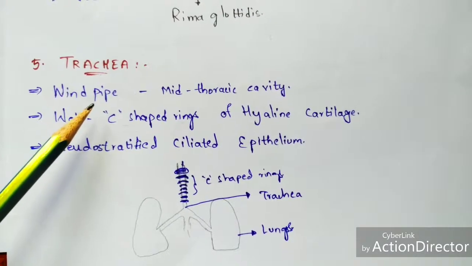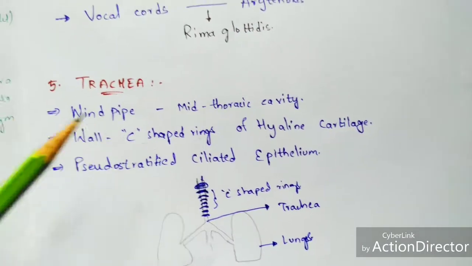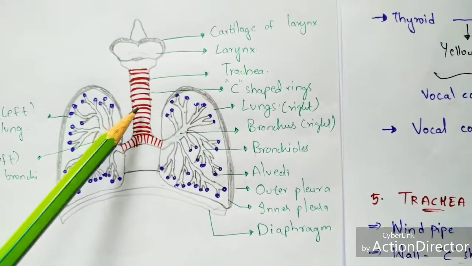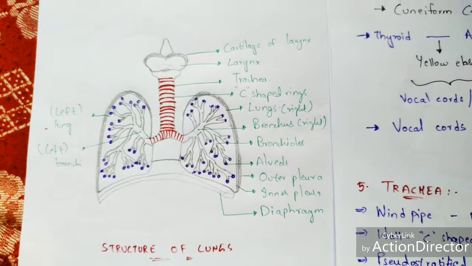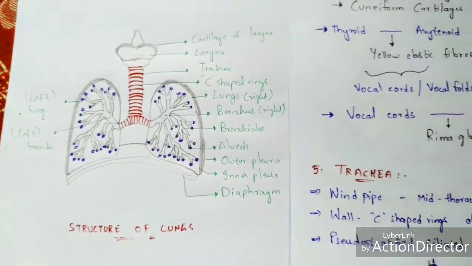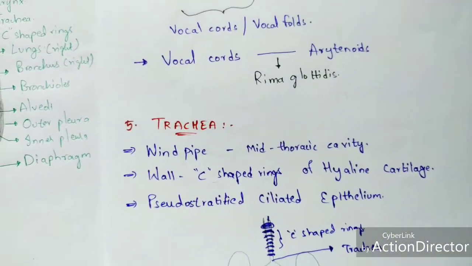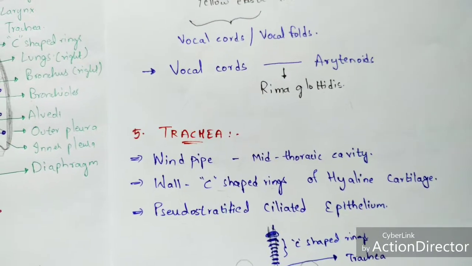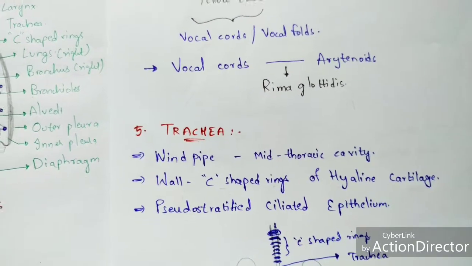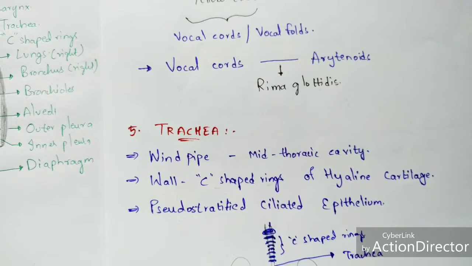So this trachea is a windpipe which is present in the mid-thoracic cavity. If you see here, this is a trachea which is present in the mid-thoracic cavity. So normally, what is meant by thoracic cavity? Thoracic cavity consists of body parts, as I have said, from the nostrils to the lungs. All of this is present in the thoracic cavity, and after the thoracic cavity, the abdominal cavity begins,